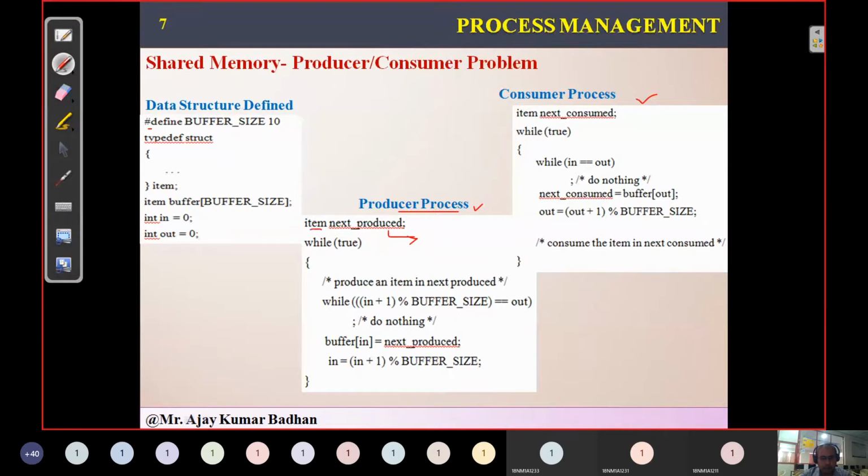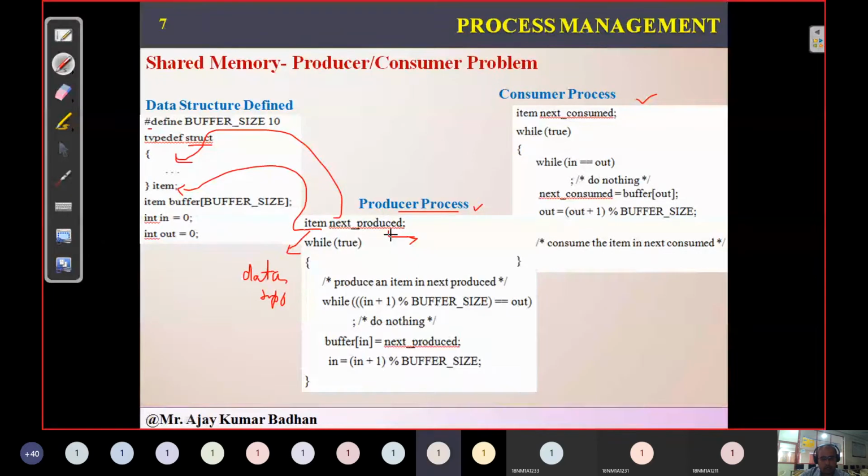Don't assume that item is a variable, this item is a data type. So this variable belongs to this particular data structure, the structure concept we are using.